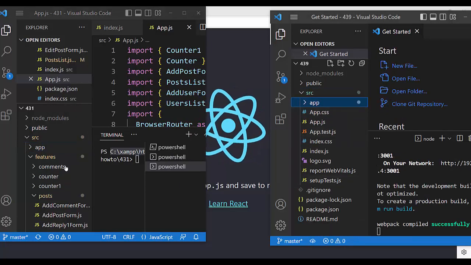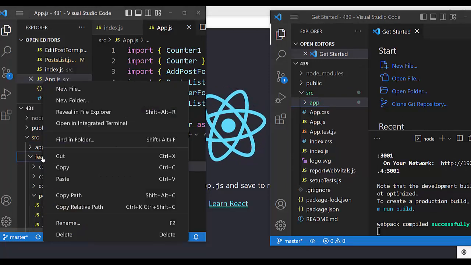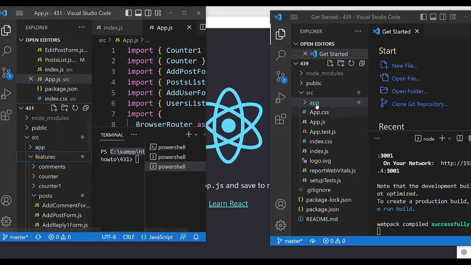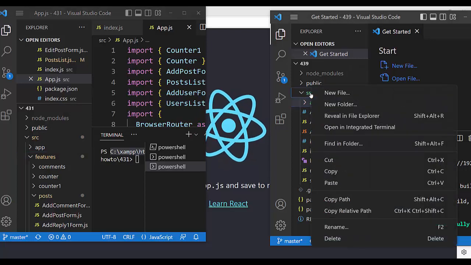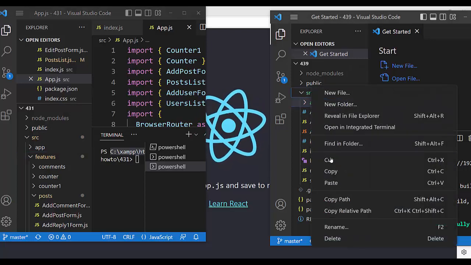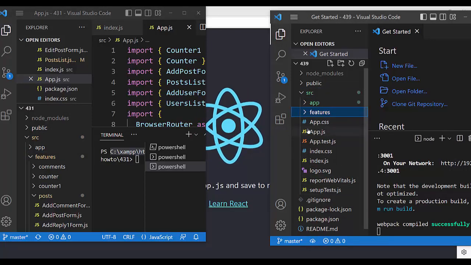Okay, now here is app. Now features, copy. Here in source, paste. App features,